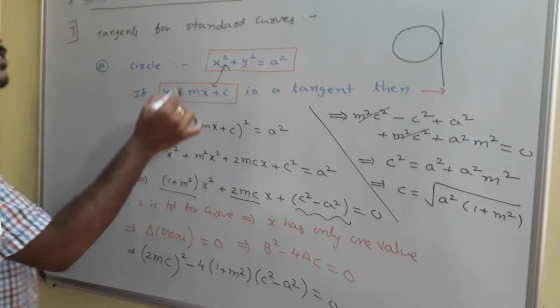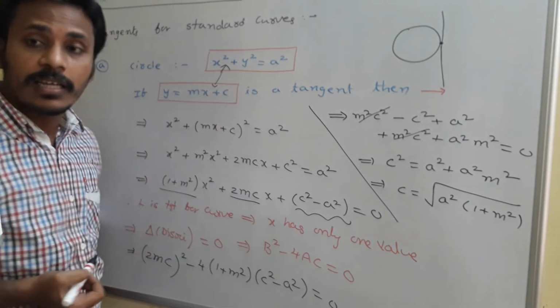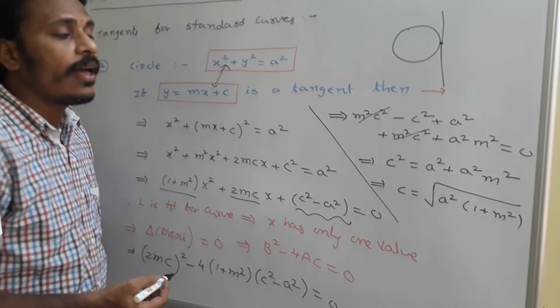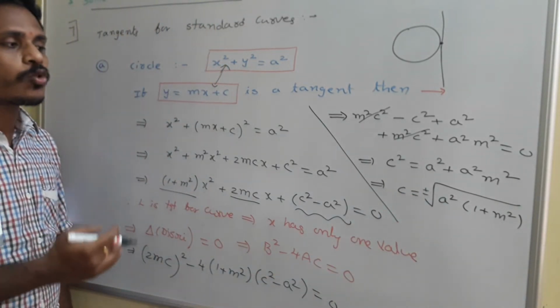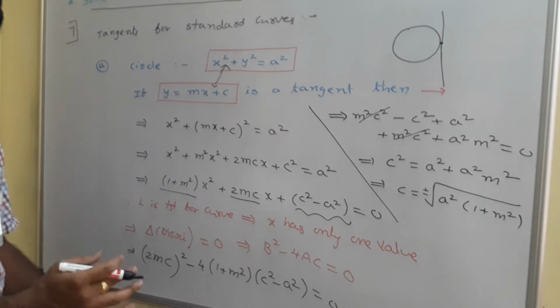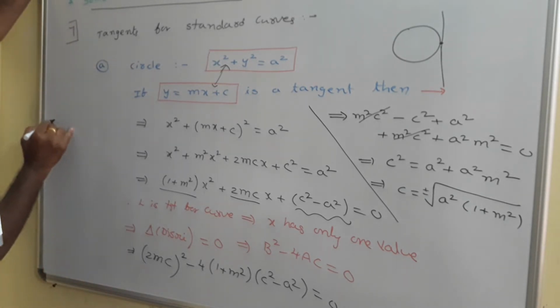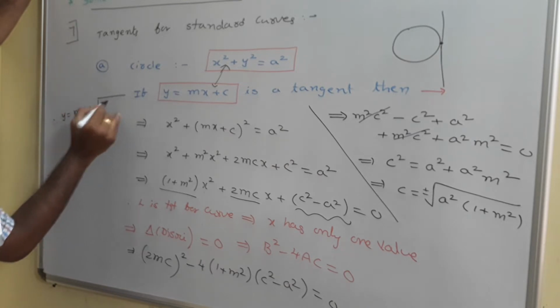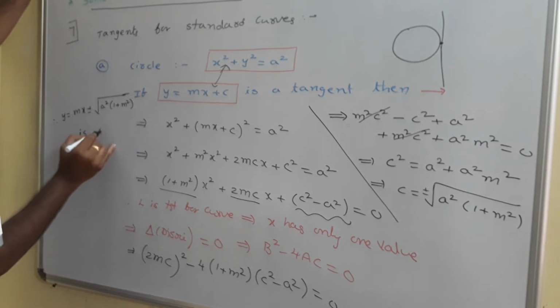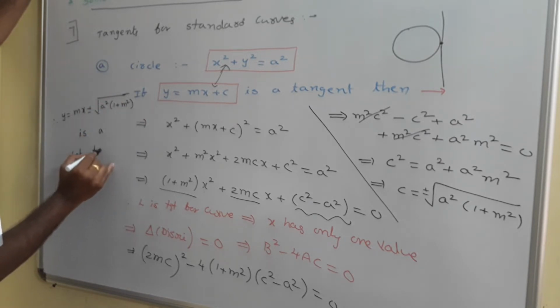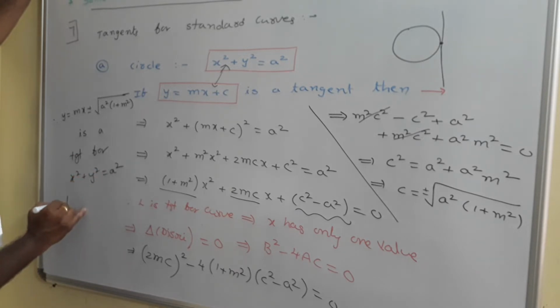See, if this y is equal to mx plus c acts like a tangent for this circle, x square plus y square is equal to a square, then that c value, or you may say plus or minus, no problem, okay? Then that c value is plus or minus root of a square into 1 plus m square. So finally what I conclude is, therefore y is equal to mx plus or minus root of a square into 1 plus m square is a tangent for x square plus y square is equal to a square